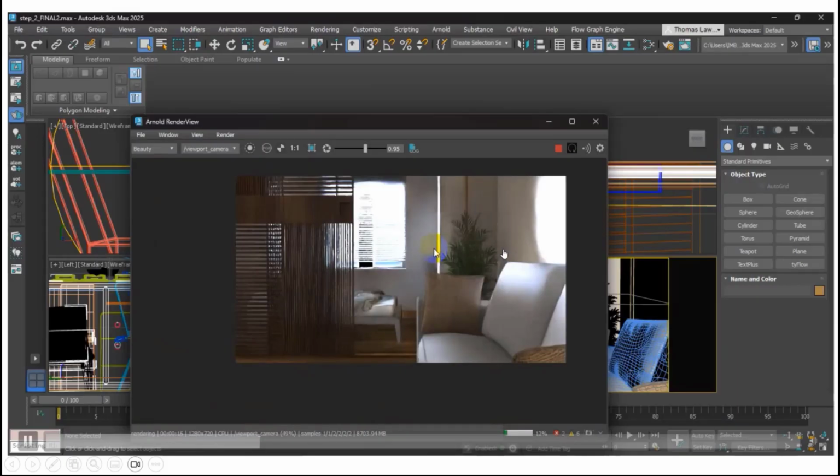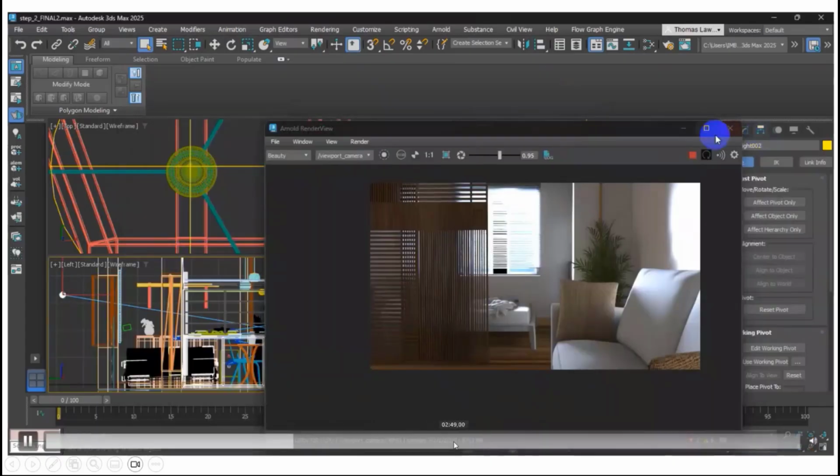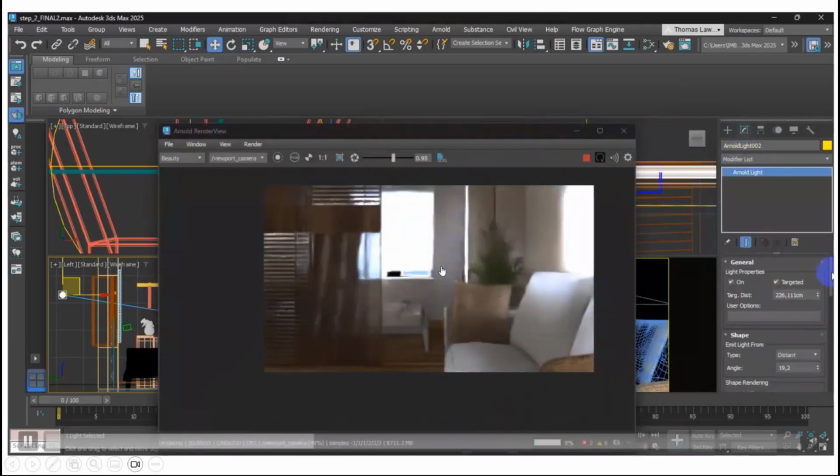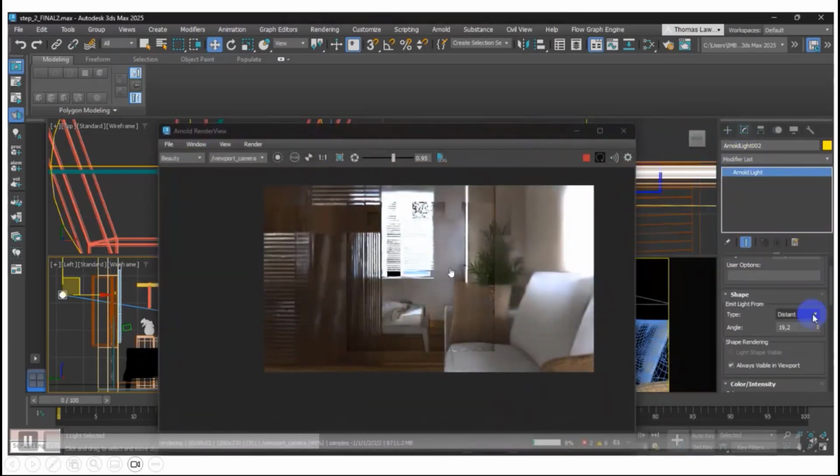I set it to HD. I haven't changed any settings from the Arnold setup, so this is using the basic settings, but as you can see right now, it's quite good. It updates automatically when you change anything.